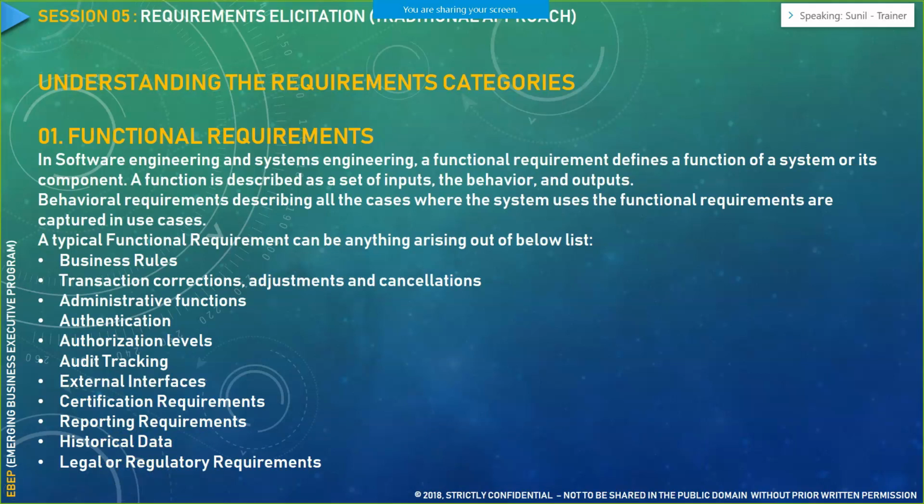So functional requirement are something your functional users would give you, the business users who are actually using that particular application, or who are the people who are sponsoring that particular application. I mean the stakeholder on behalf of the organization who is funding or sponsoring that particular engagement or initiative. They would be giving you a functional requirement.